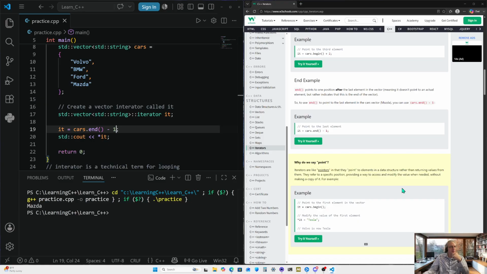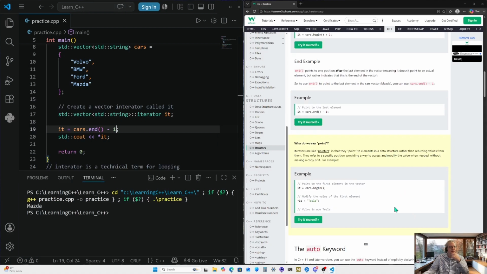Why do we say point? Iterators are like pointers in that they point to elements in a data structure rather than returning values from them. They refer to specific positions, providing a way to access and modify the value when needed without making a copy of it. For example,